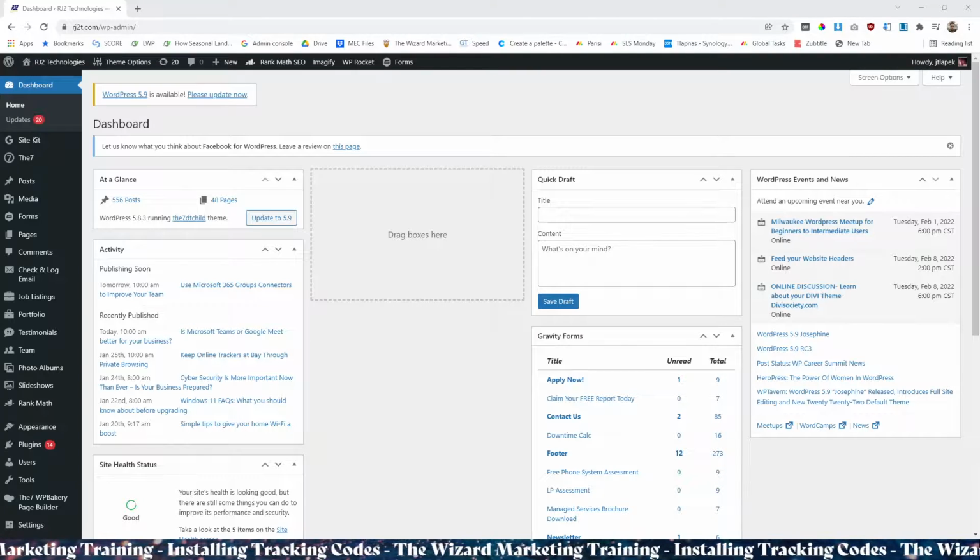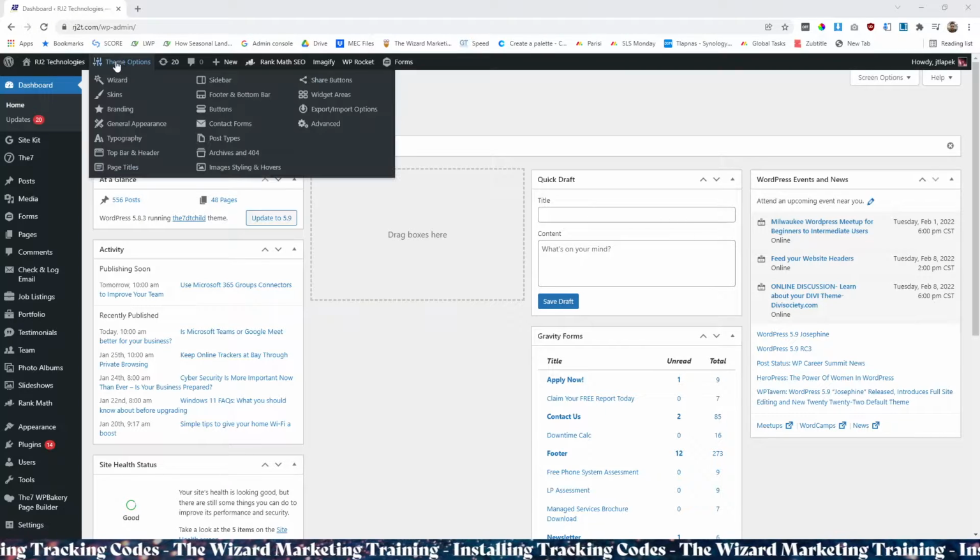All right, this is how you install a tracking code in a website that's running the 7 theme. First, we need to get the tracking code, which I have copied and pasted on my other screen here. And then what I'm going to do is navigate in the WordPress backend up to theme options